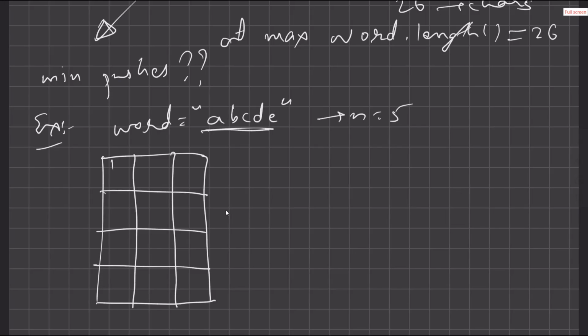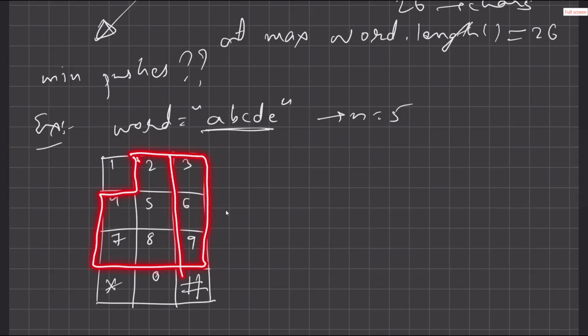We have 1 here, 2, 3, 4, 5, 6, 7, 8, 9, 0, star, hash. Now only these I'm marking with red, right? Only these cells will be filled. Only these cells we are going to fill,